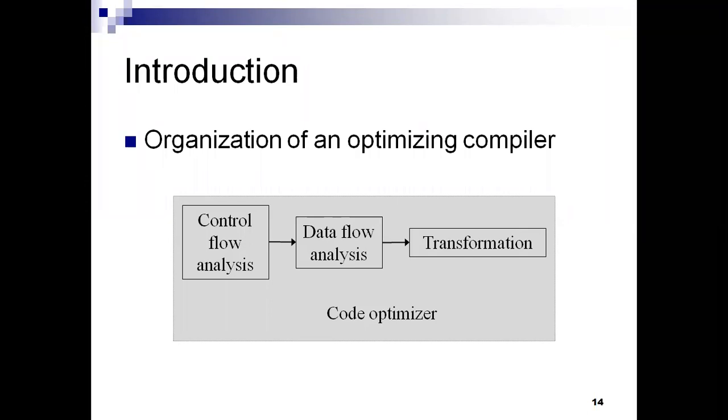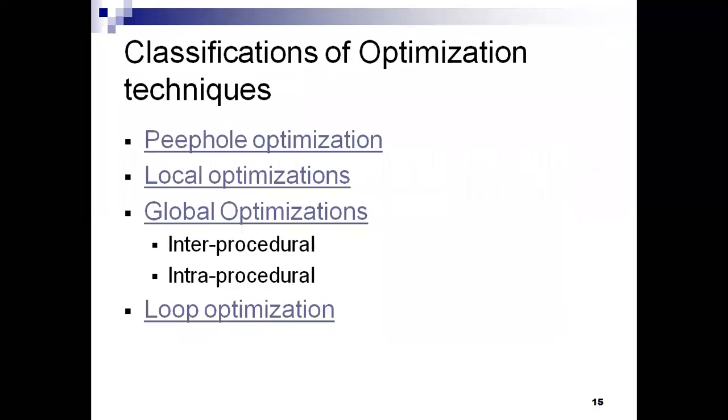At optimization, we are using a software tool like an optimizer, because manually it is very complex. So to make it simple, we need to use automated tools like this. This code optimizer is an automated tool, and the step-by-step flow in the code optimizer goes from the control flow analysis to data flow analysis, and then the application of the transformations. Those are the code optimization transformations.